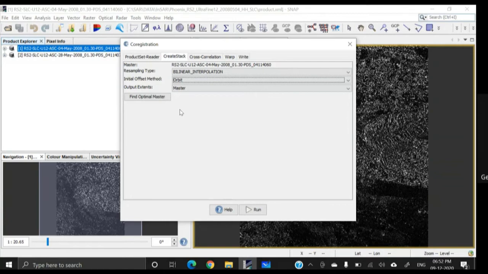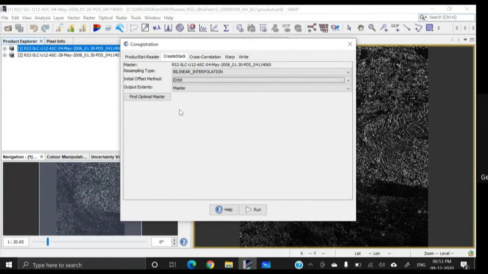The distance in between the pixel on the Earth surface, or a specific location on the Earth surface, and the location of the satellite in its orbit. Therefore, the orbital information is a must. One important thing you have to understand is that normally SAR images are provided with the orbital information, but if your image supplying agency is not providing the orbital information, then ask for the orbital information.